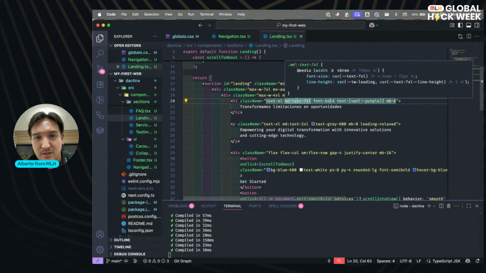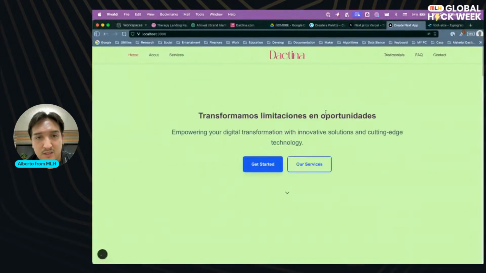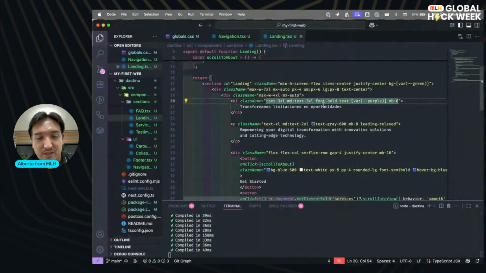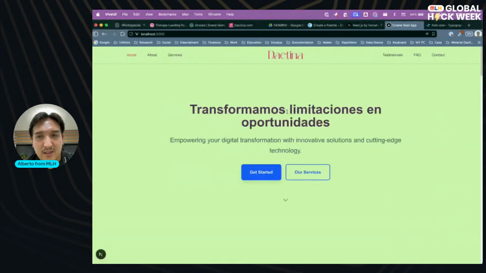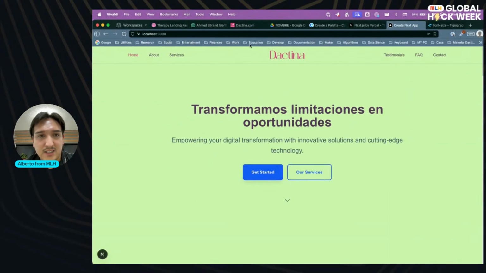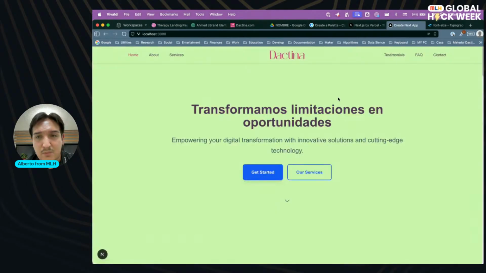Purple with the media. Okay, I get it. This should be 3 and this should be 3. Yeah, this should be 5 then. Okay, I like this as it is, but maybe a little up.